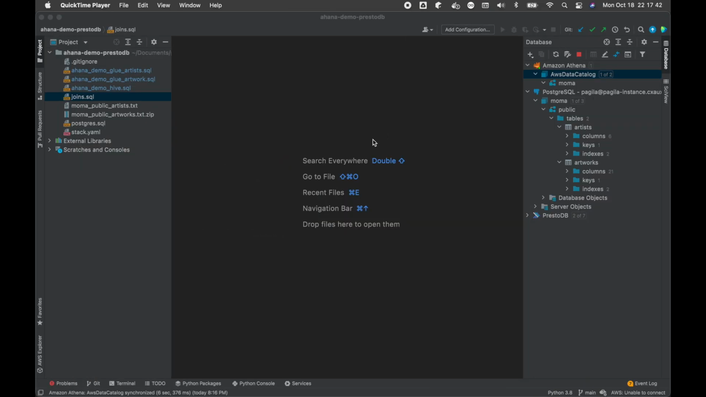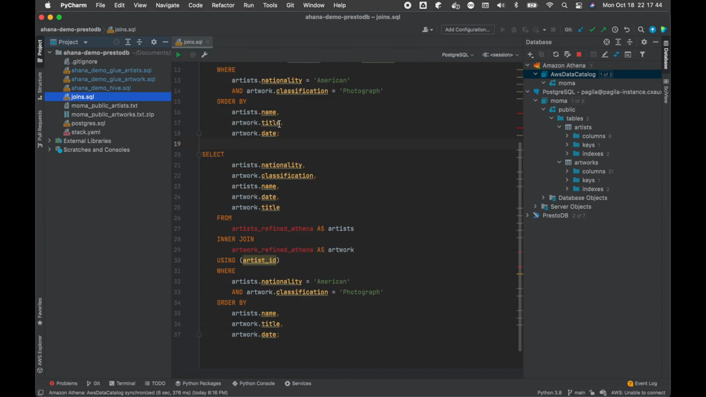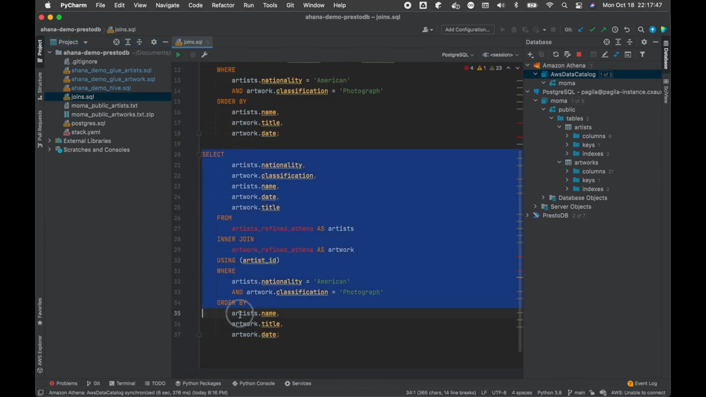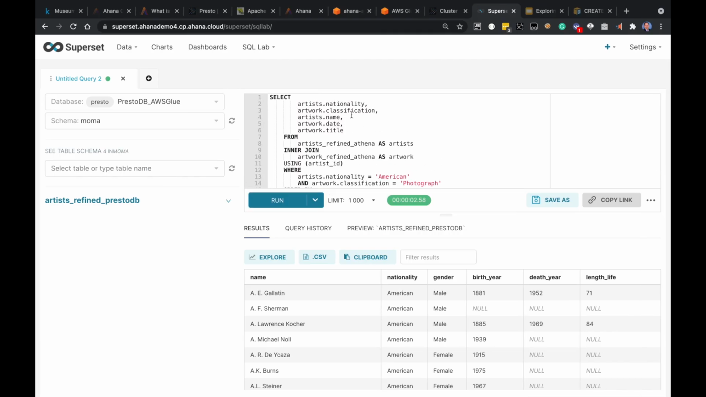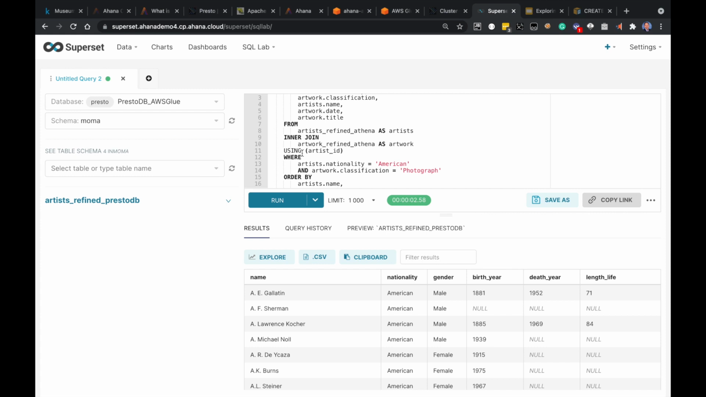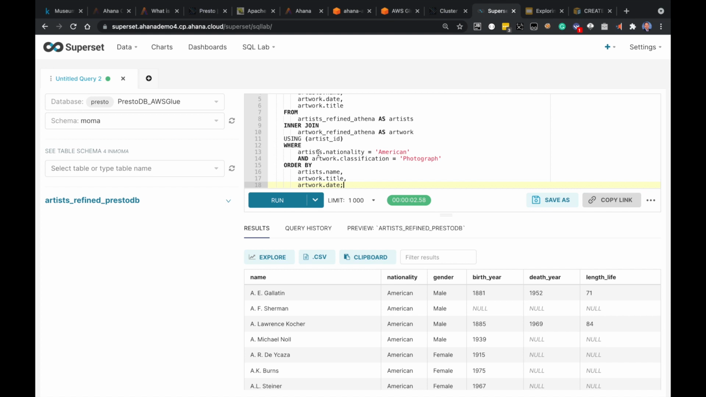So let me grab a simple query that will demonstrate a join. I've already written that. And we'll drop that into Superset. So again, just to walk through this, we're going to be joining the artist and artwork tables, the versions which are in the AWS Glue data catalog, the MoMA catalog. We're going to be joining those on the artist ID, so we're using the USING statement, which is part of Presto SQL. We're going to be limiting our query to only artists with the nationality of American and the artwork